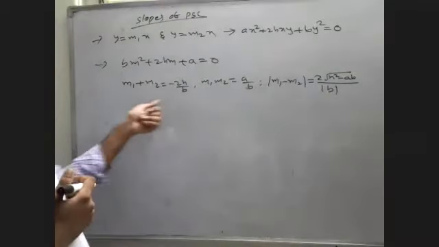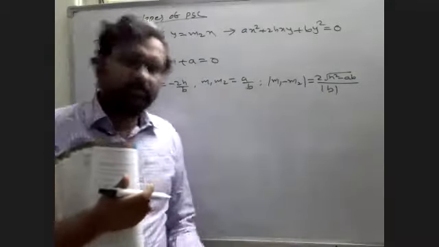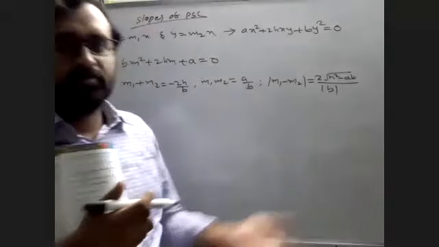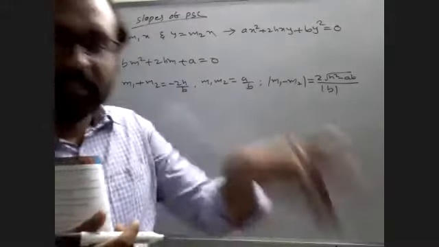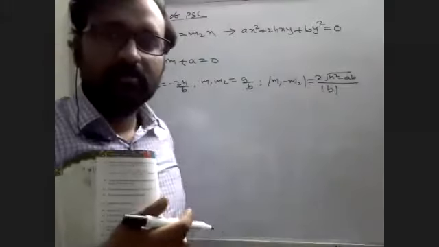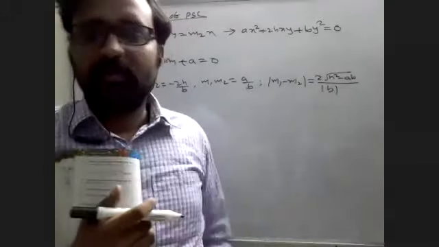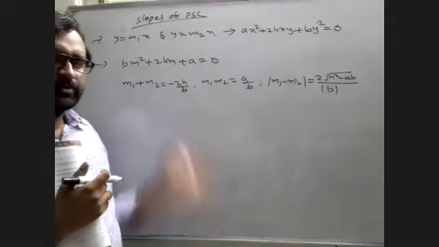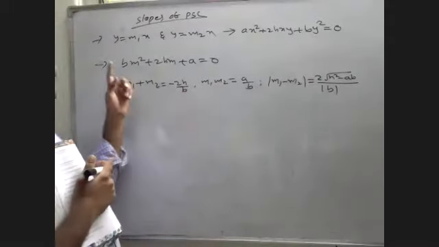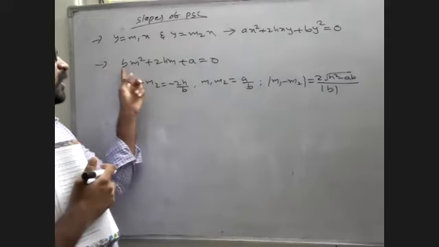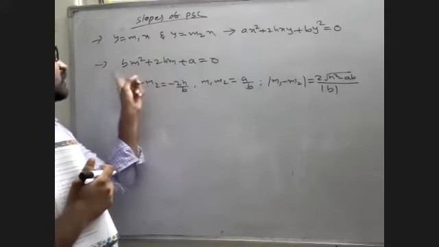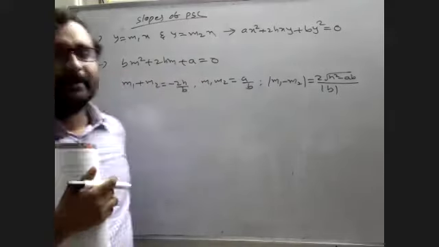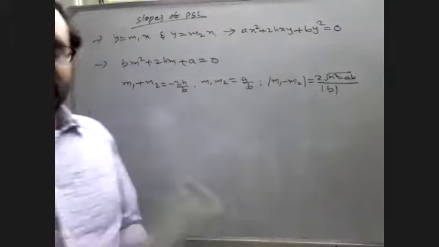We can find m1 minus m2 by using m1 minus m2 whole square equal to m1 plus m2 whole square minus 4 m1 m2. So that only this. I am not giving the proof, but by that formula we can find this. For a quadratic equation in terms of m, sum of slopes is minus b by a, product of slopes is c by a. This is c, this is a, since this is a quadratic equation in terms of m.